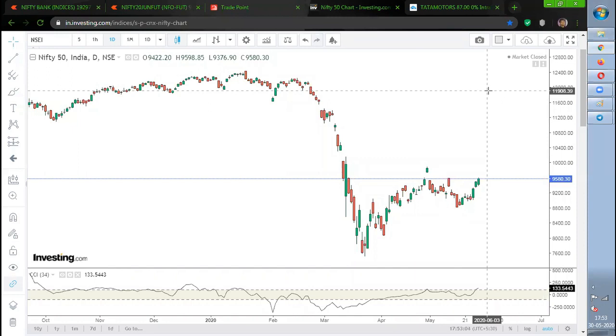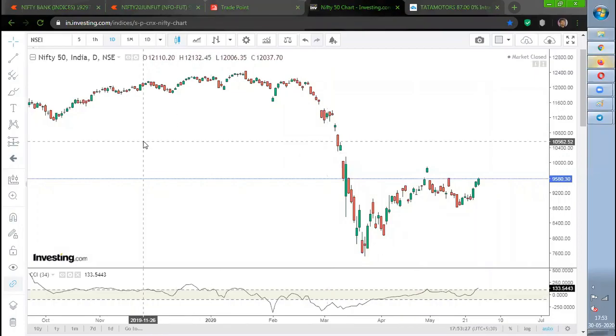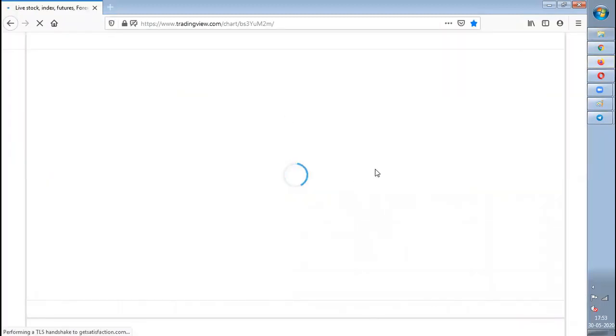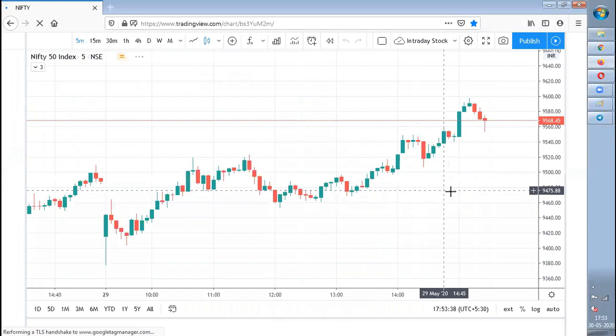Are you telling that for setting the target, you can use the Fibonacci? Yeah, but there will be some support also, near support, resistance and all. So which one should we consider, Fibonacci or near resistance? To me, what I used to see is both give the same targets, bro. I don't see much of a difference. Anyway, you'll check now.